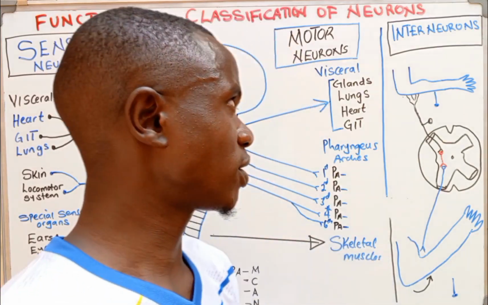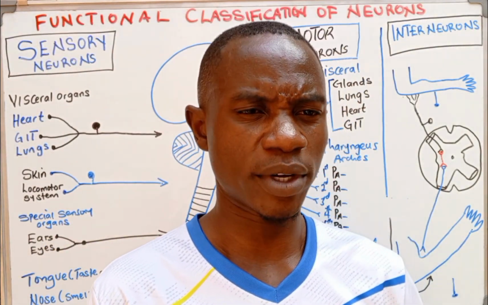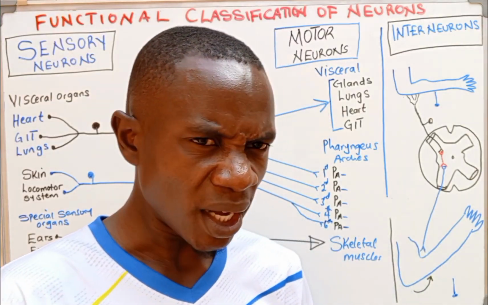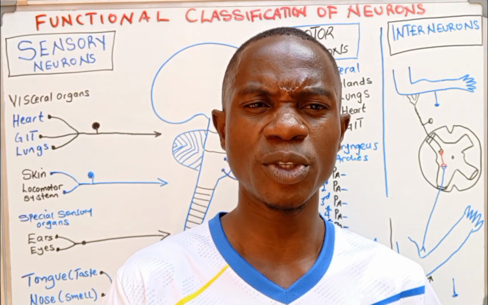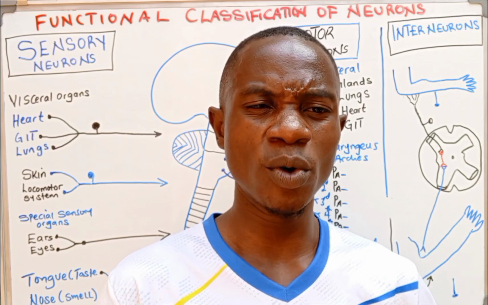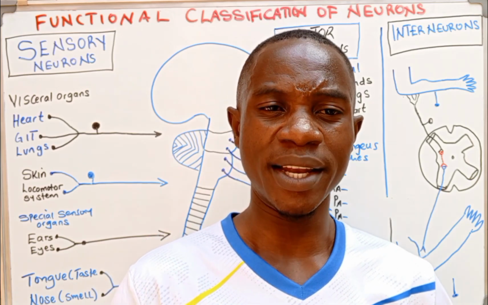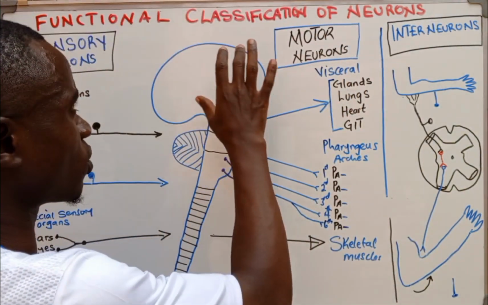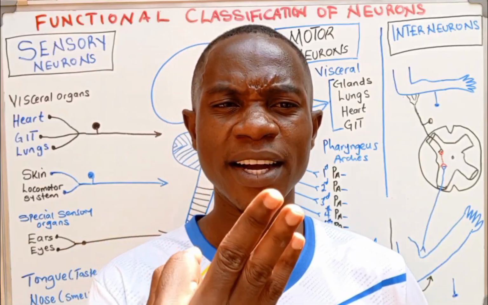So let's get started and look at the functional classification of neurons. Previously, we talked about the structural classification of neurons, where we looked at the bipolar, the multipolar, and then pseudo-unipolar. We looked at all that. If you have not yet watched it, please look for it and watch it so that you are in line with the structural classification. Today we are focusing on the functional classification of neurons, and mainly we have three